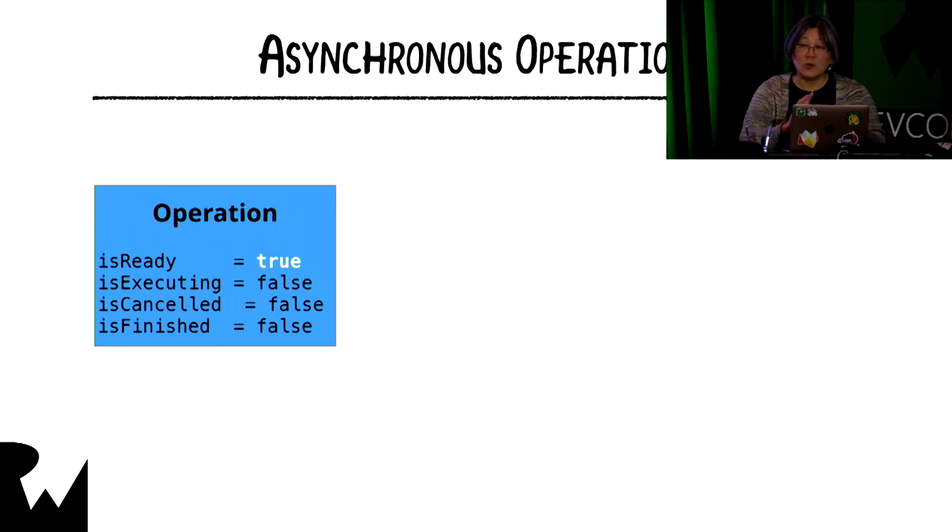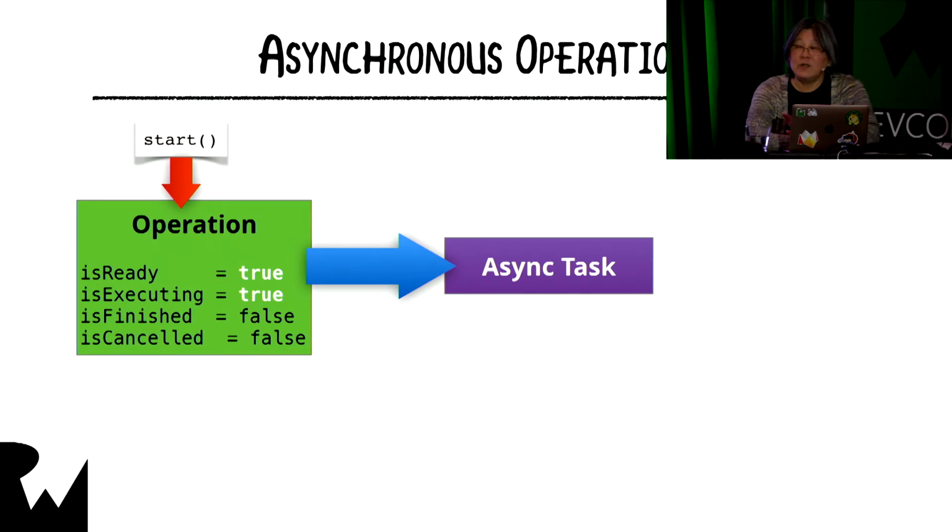It's a little bit of work, but you only need to do it once and then keep using your asynchronous operation subclass. Now, the Boolean properties for an operation are is ready, is executing, is cancelled, and is finished, and they represent the current state. And initially, they're all false, and at some point, is ready becomes true, usually because something it depends on has finished. When the operation is ready, then the queue calls start. If it's an async operation,